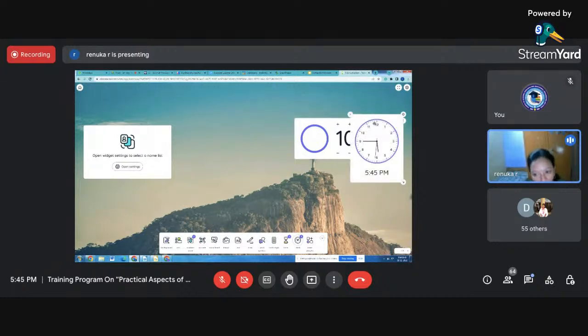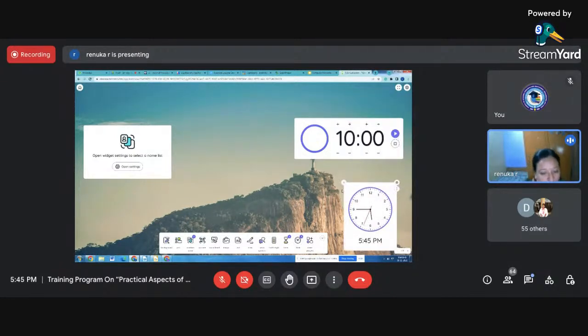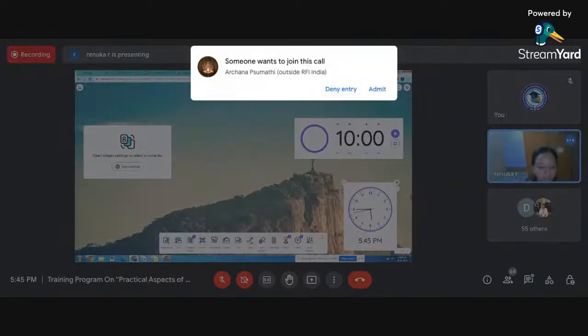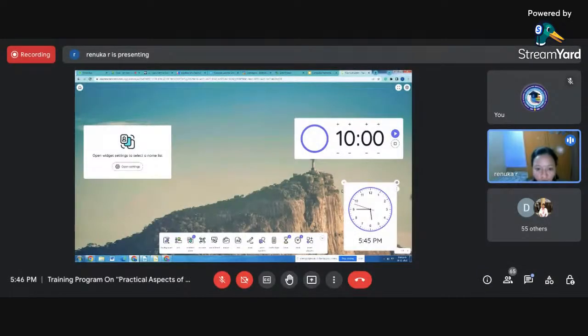You can have a clock as well. So all these tools, whatever tools I'm telling, need not be used only during online classes. As all of them have been transferred to physical classrooms before COVID, we are dealing with physical classrooms. So in these classrooms also, we can use these gadgets. We can use all these tools in our physical or traditional classroom also, and make our class more interesting,